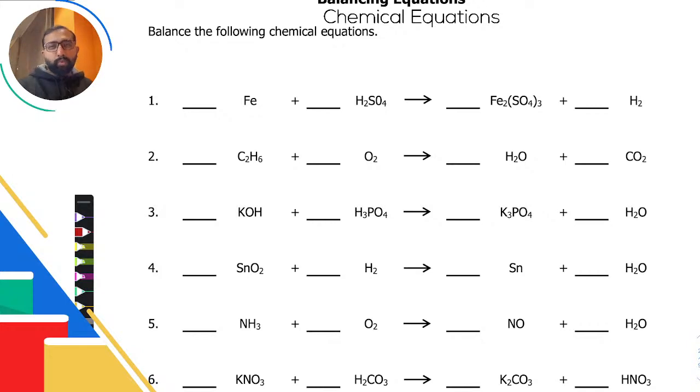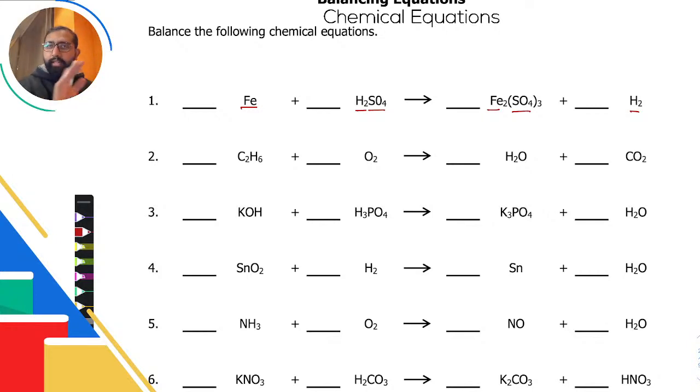Again, what are we working with? We are working with ions here. I have iron, I have sulfuric acid that is going to form sulfate ion. So let me underline them. This is iron, this is hydrogen, this is sulfate. So hydrogen ion, sulfate ion. This is iron ion, sulfate ion, hydrogen ion. Hydrogen atom, of course, making hydrogen molecule. All right, so let's begin.